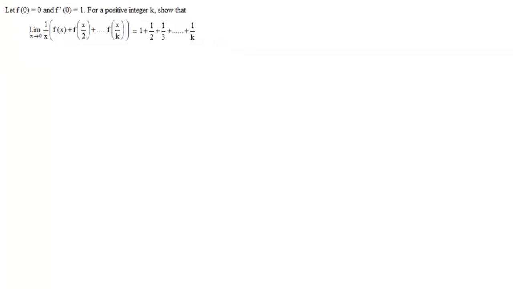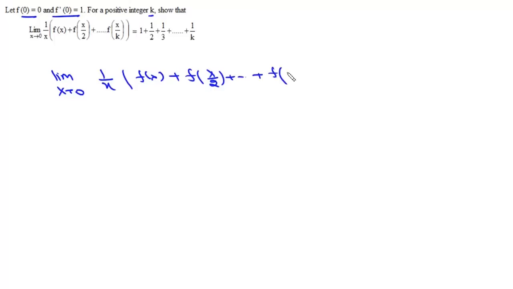Now here the question is, we're given that f(0) is 0 and f'(0) is 1. For some positive integer k, show that this limit as x tends to 0 of (1/x)(f(x) + f(x/2) + ... + f(x/k)) is equal to 1 plus 1 by 2 plus 1 by 3 up to 1 by k. Now we can write this as limit